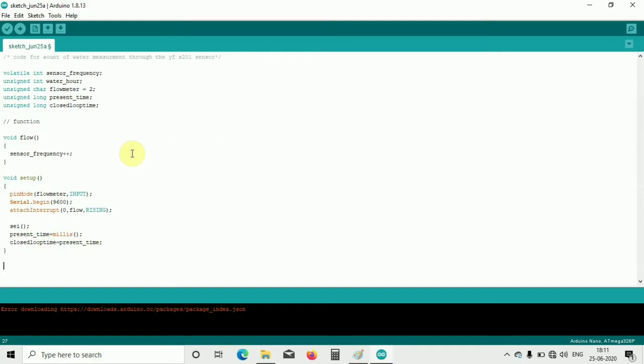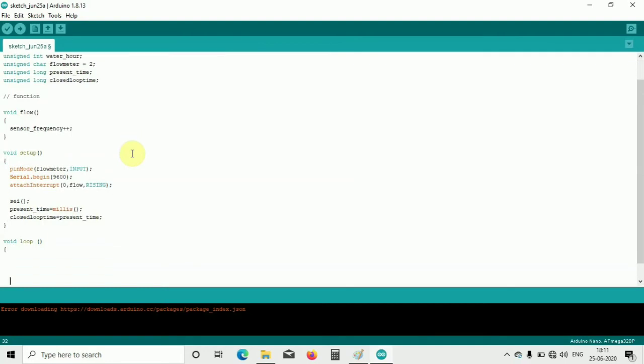Now I have to define the loop, so void loop, and then two brackets. Okay, so let me just open this one and then hit enter.